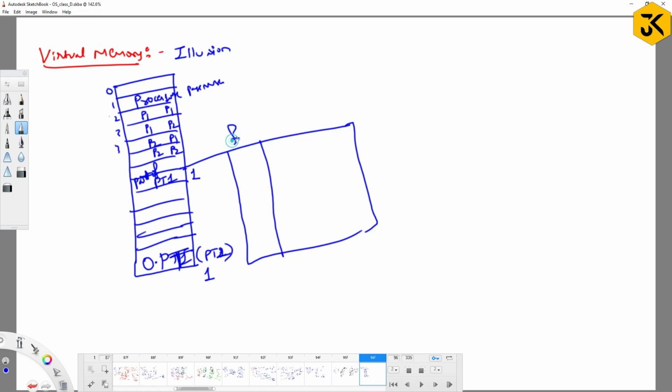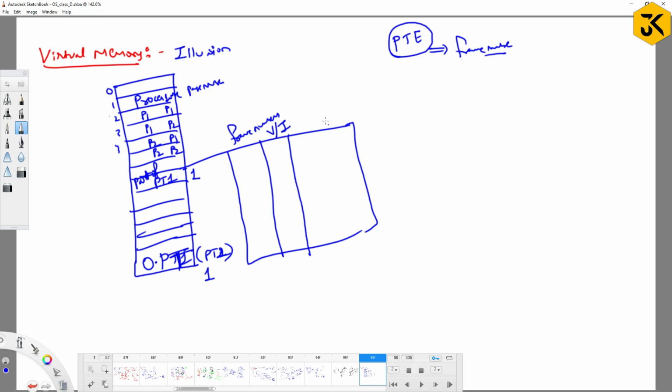Exactly, compulsory minimum frame numbers will be there. In addition to frame numbers, we are going to have again a valid or invalid bit. Right? Earlier we discussed the concept of the page table entry. We know generally a page table entry contains the frame number. Similarly, if you look into the page table, it not only includes the frame number, it also includes various